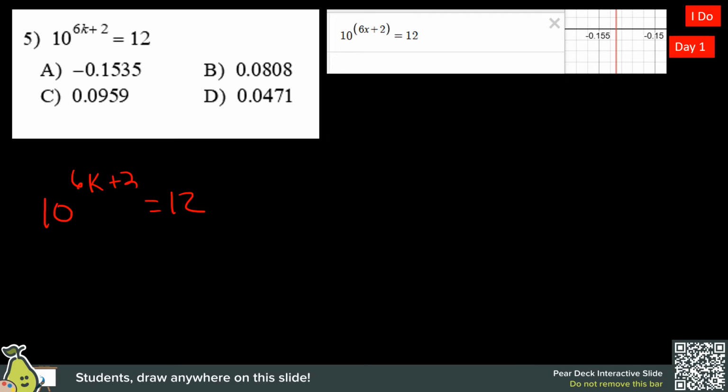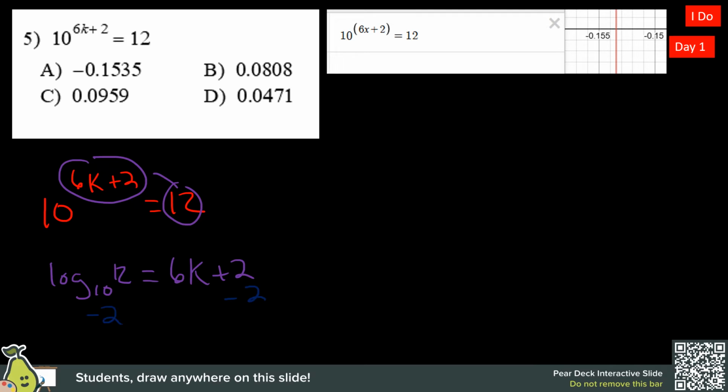Okay, the way we could solve this is we could write this in logarithmic form where we take these values, switch them, but then we would have log base 10 of 12 equals 6k plus 2, and then we'd subtract 2 from both sides, so we would have log base 10 of 12 minus 2 equals 6k,